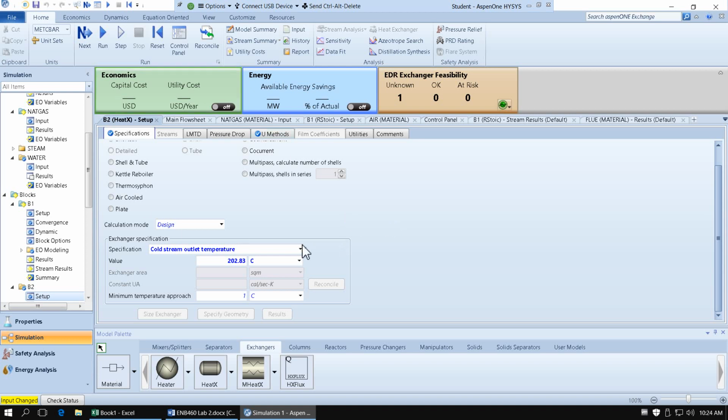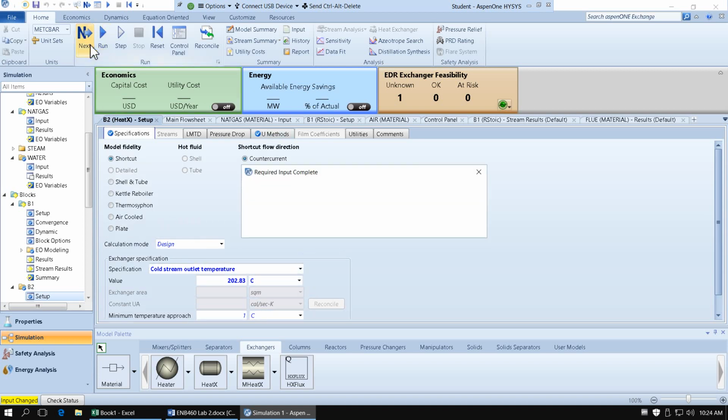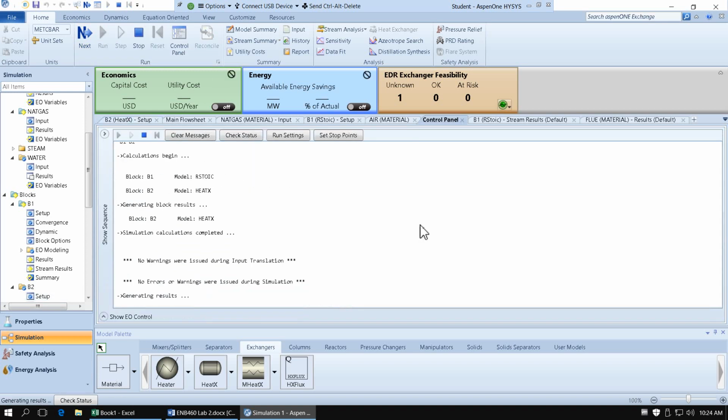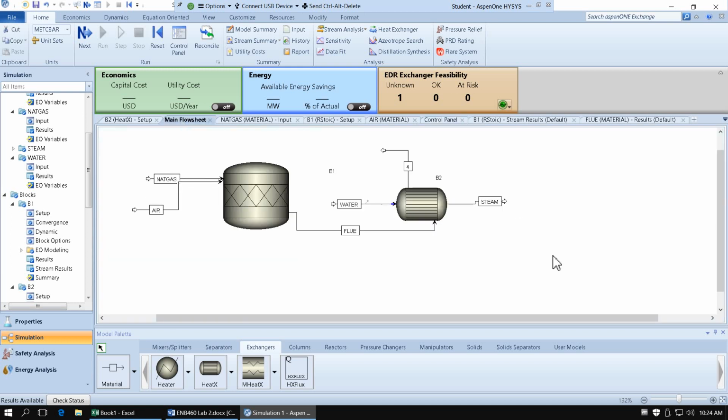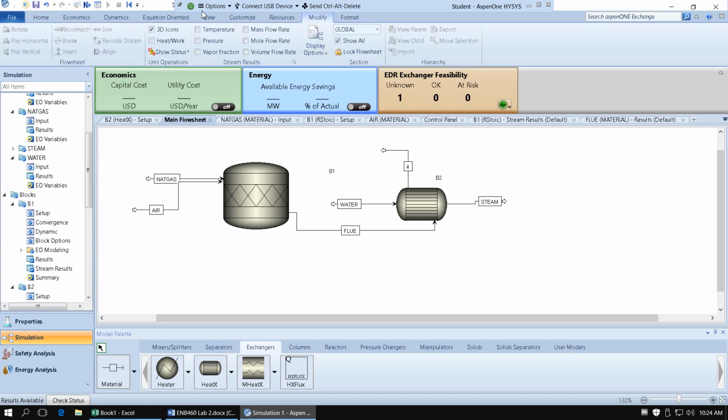So blue ticks all around. That means we can expect the simulation to run. Yep, so no warnings and no errors. And that looks to be done. So we can, just by looking at the flow sheet, inspect what the stream results are by going into modify and just clicking these check boxes here. So we can add information about temperature, pressure, and I want to add mass flow rate